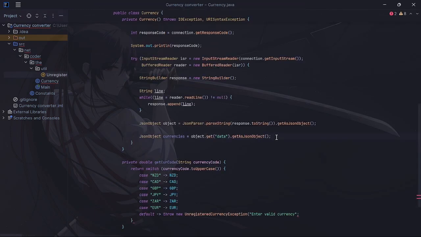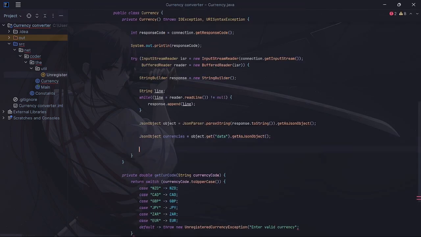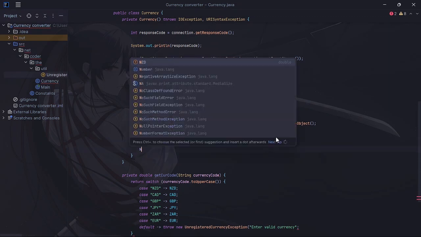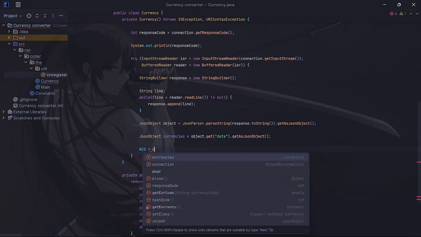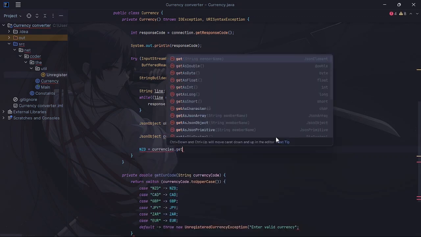All right, so from here we can now instantiate. So we gotta get like nzd. This is going to be equal to currencies.get